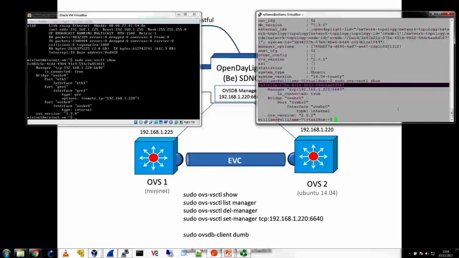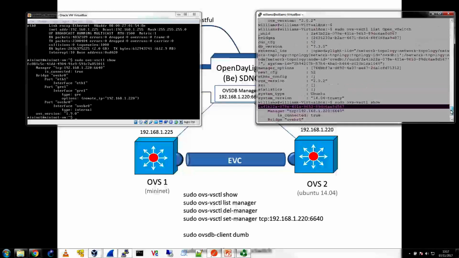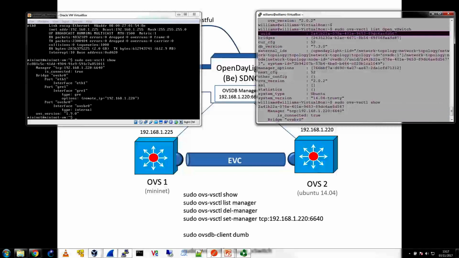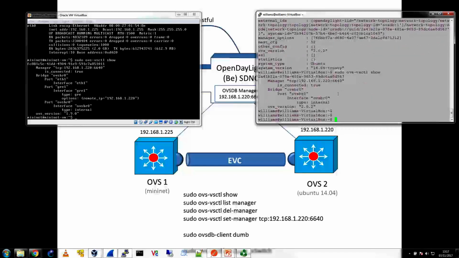we can see the value in here is the OVSDB ID, which ends in 567. And if we scroll up, we can see it's this UUID here that ends in 567. There it is. So in the list command that is indeed the OVSDB ID, but it's as easy, if not easier, to see it here. Make a note of the number, make a note of the end there,